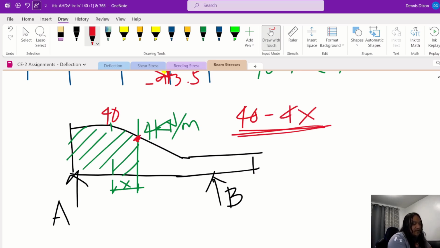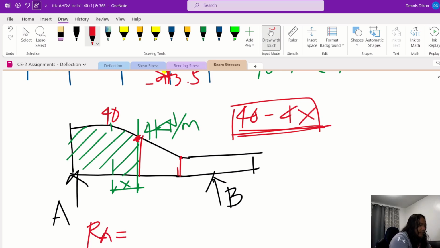Because if x is 6, the lowest here would be 40 minus 24, which is 16. So this is the height of our diagram at this location with respect to x. Therefore, RA is equal to 130.5. So the total reaction is equal to the load here until point x, where the shear is 0. So therefore, this is 40